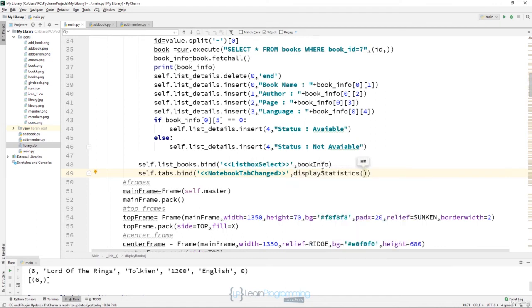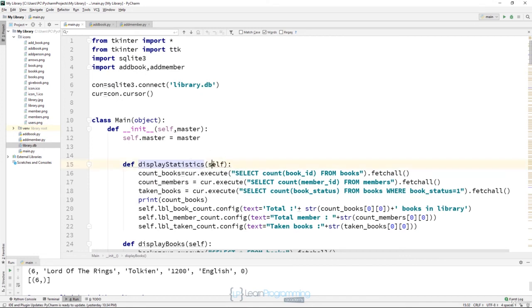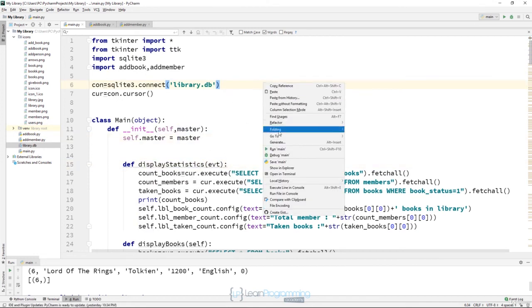Okay, but now I need to remove these parentheses. And here I need to pass in self, event. Okay, and now if I run my application again,